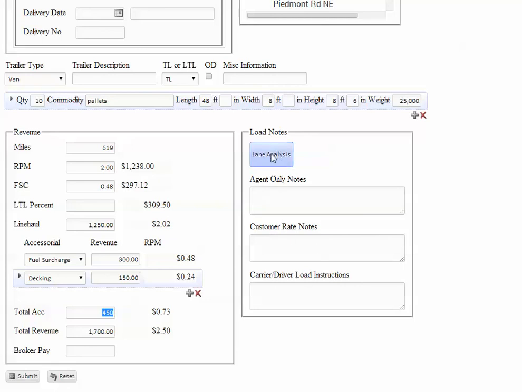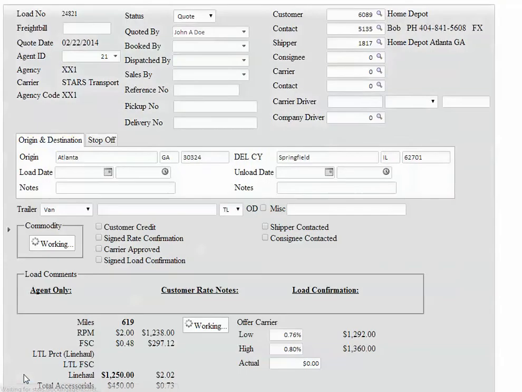And this button here will do a lane analysis, so it will look up any previous loads that you've done on that lane with that equipment. It's a good comparison in case you've quoted the customer before and you want to see where you've been on the rate before. Then you just hit the submit button,